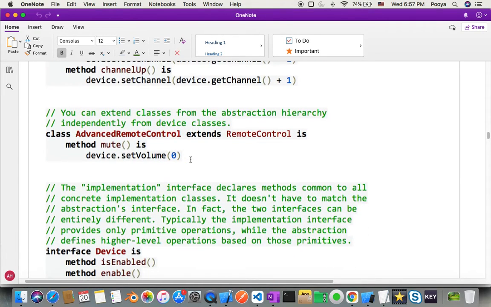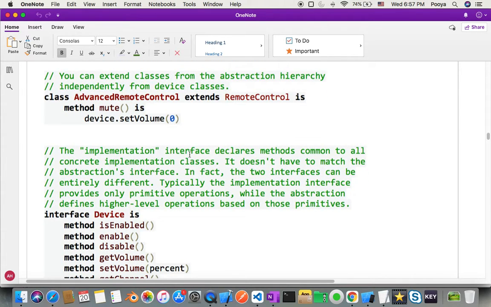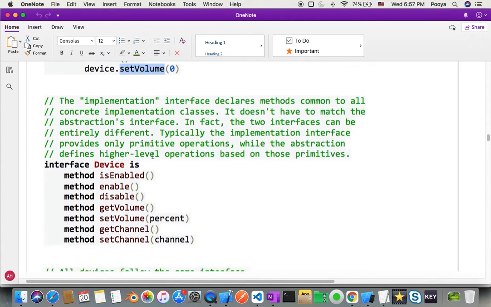And then you will create your advanced remote control, which is an extension of our remote control, and inside that we're going to say mute. Device set volume 0. Yeah, you see. Okay, then I'll go over